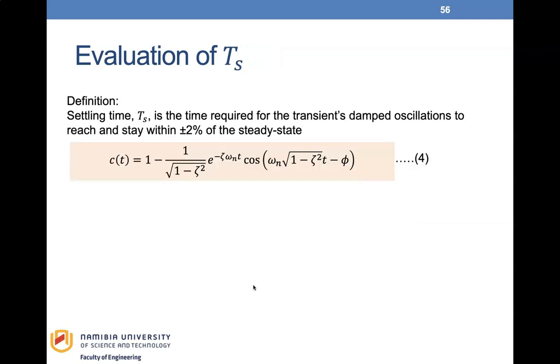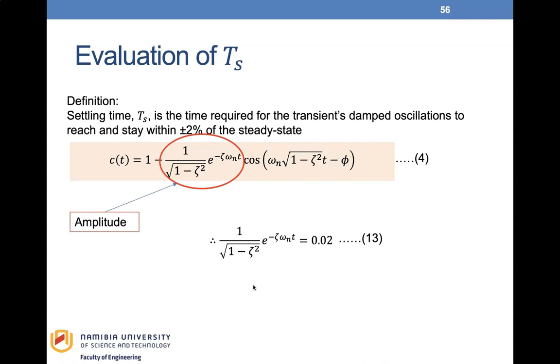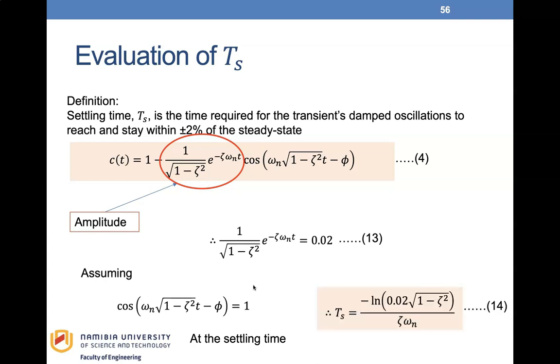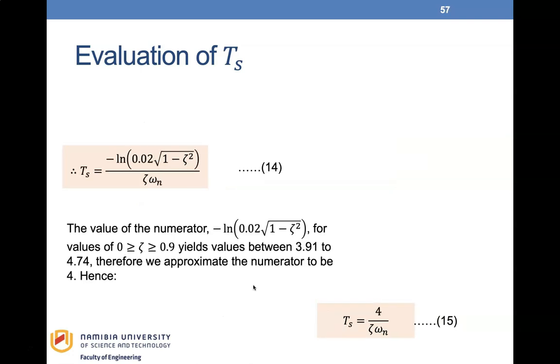From the definition of settling time, it means we need to find the time it takes the amplitude of the decaying sinusoid in equation 4 to reach 0.02. Therefore, we equate the amplitude to 0.02. Note that this is conservative because we are assuming that the cosine component is 1 at the settling time. Hence, settling time will be given by equation 14. The value of the numerator of equation 14,